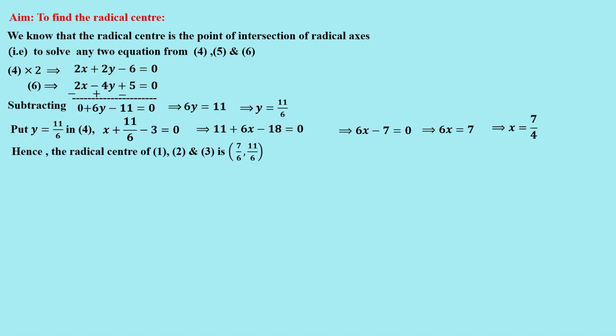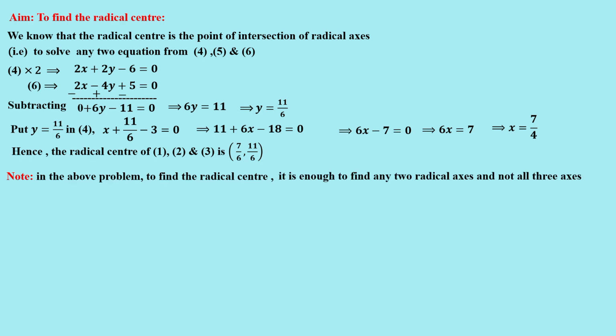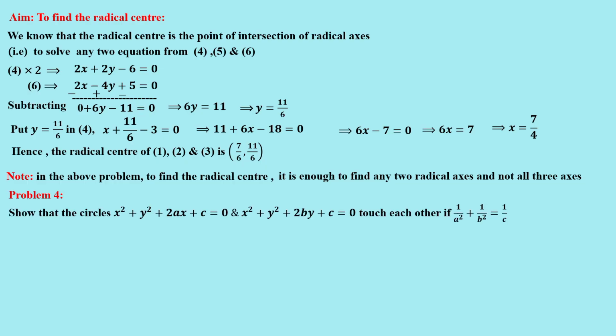Therefore the radical center is (7/6, 11/6). In the above problem, to find the radical center, it is enough to find any two radical axes and not all the three, right? Next problem: show that the circles